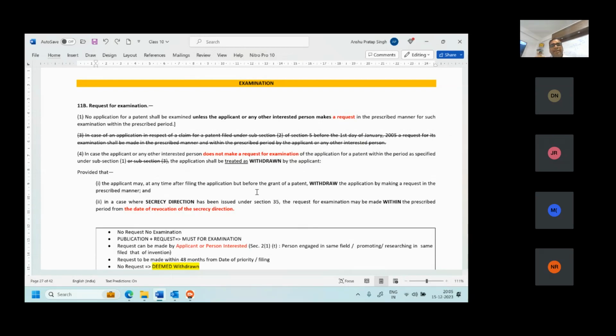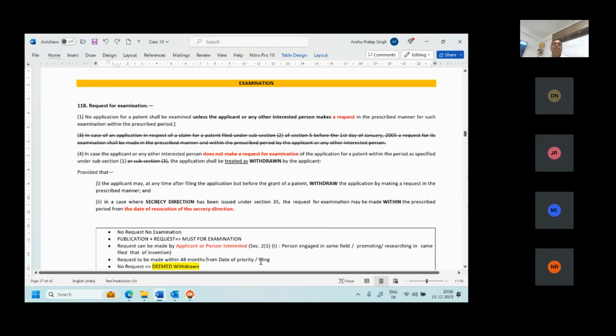Any person engaged in the same field, or promoting research in the same field as that of the invention, is an interested person. So please remember this definition. This interested person is a very important definition. It will again come when we discuss the post grant opposition. So first thing, no request, no examination. Publication plus request is necessary for examination.